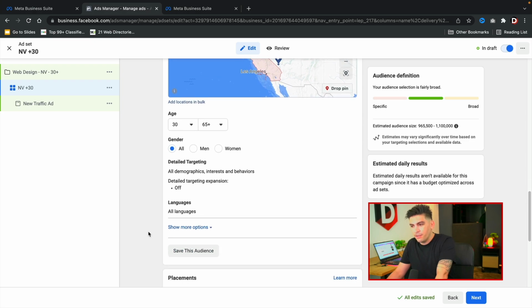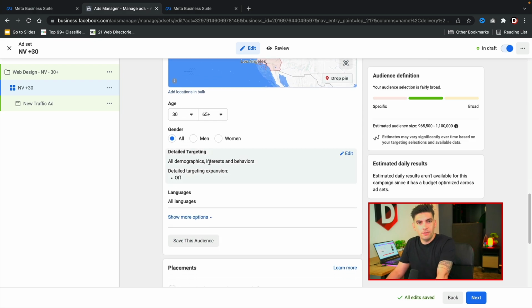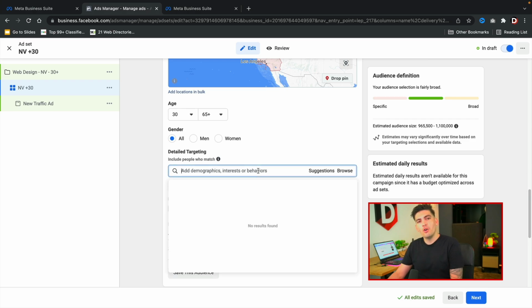All right, so I'm gonna select all. Next, we have detailed targeting, right? So whoever you're trying to target, like their interests or behaviors, you are going to select it here. And personally, if you guys don't know who to target, you guys can just leave this blank, because as long as you guys set a specific radius, you're basically campaigning to everyone in that area. However, if you feel like you want to target specific people with specific interests, you guys can do that here.